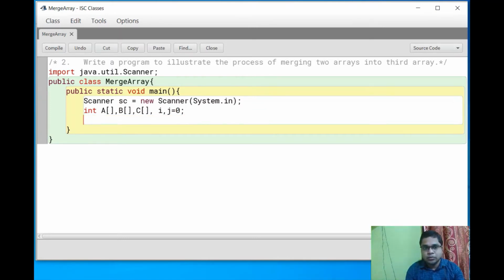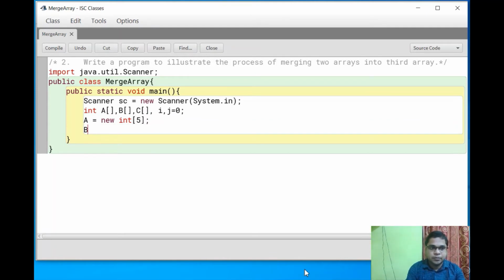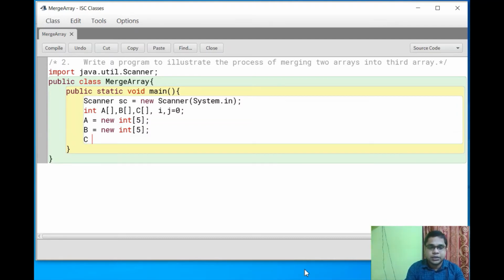Now I have to create the arrays. The first array a equals new int, let's take the size as 5. Then b equals new int, size also 5. For the third array, if we merge a and b, then the size of c will be 10. So here I am taking size 10.